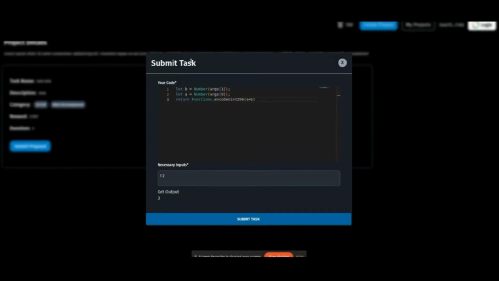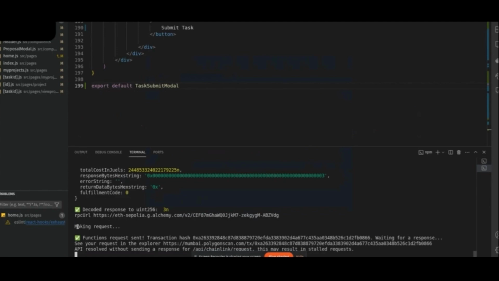If I'm approved, this is the next step, where I can submit all of the code which I have written as a developer for this task. I can put it here in this particular console, and I can test it. So this is where the interactive zk comes into play. Suppose the task was add two numbers. I created a code to add two numbers. I put the inputs as one and two, and I submitted it to the smart contract. The smart contract distributed it among all of the nodes, and all of the nodes had their own computation of evaluating the code. And once they reach a consensus and give me the best output out of it,